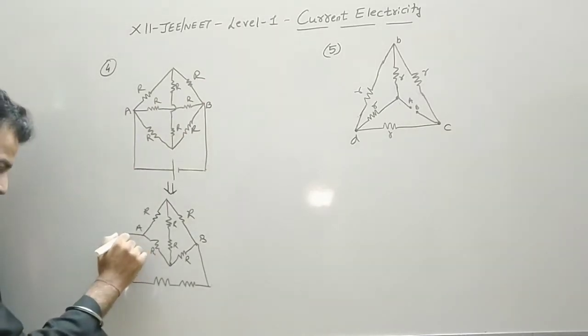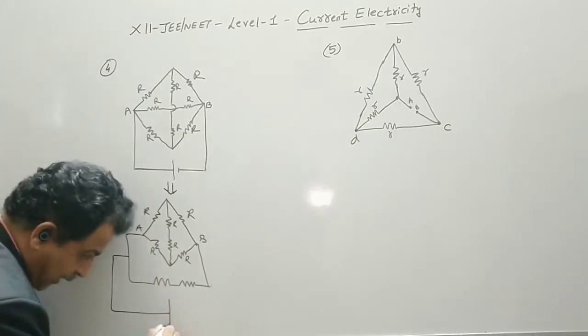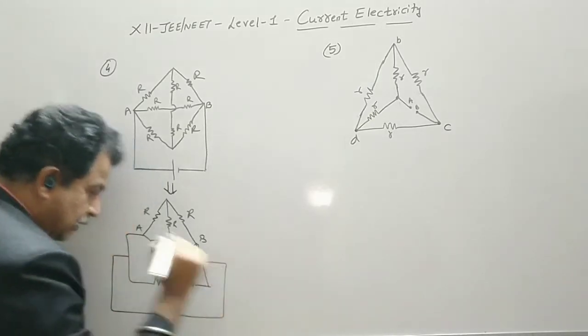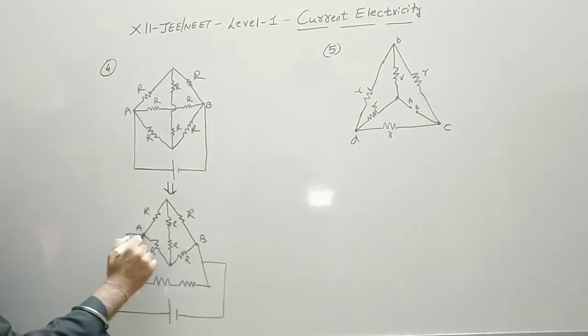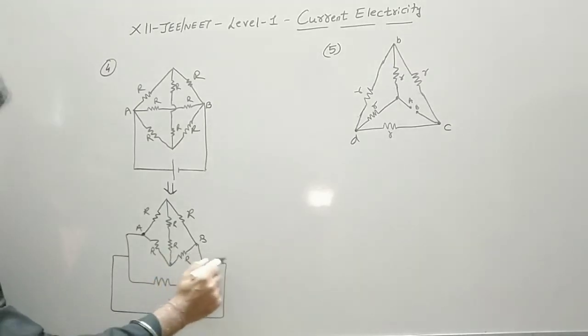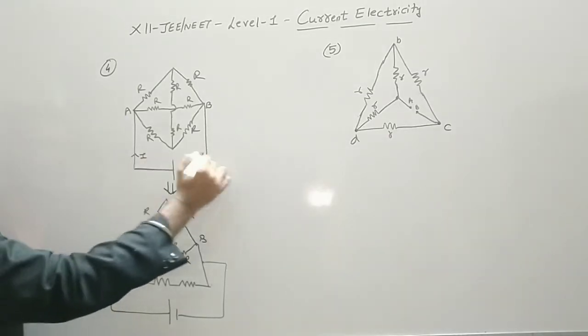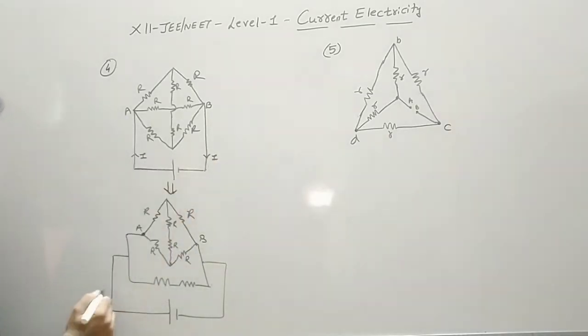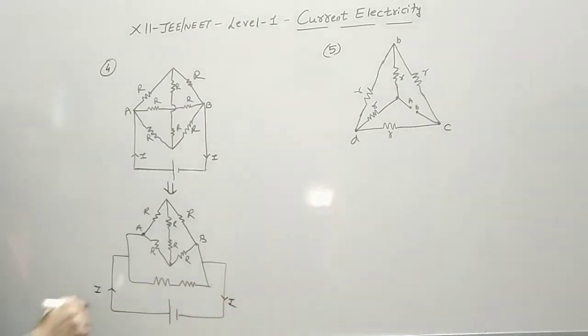So I can connect a battery at this point, or instead of this I can connect a battery like this, which indicates that point A is connected with a positive terminal and B is connected with a negative terminal. Now whatever current comes from the positive terminal should come out from the other side. So this is your I, this is your I. Clearly the current will be divided first at this junction.